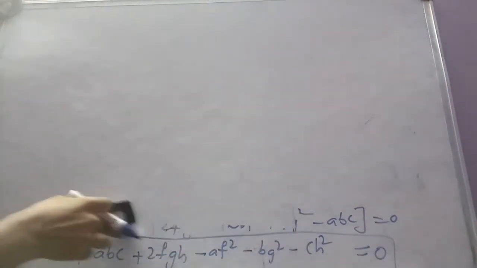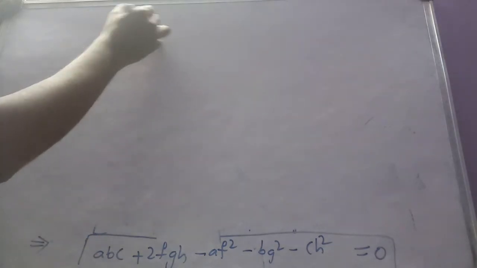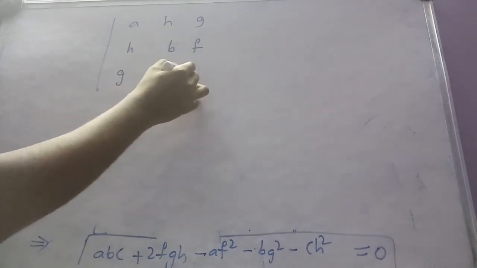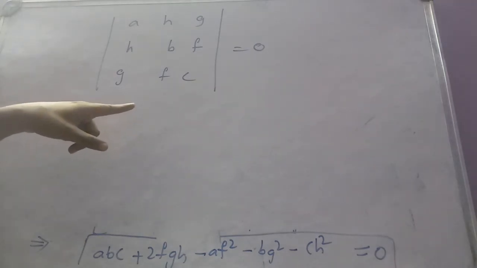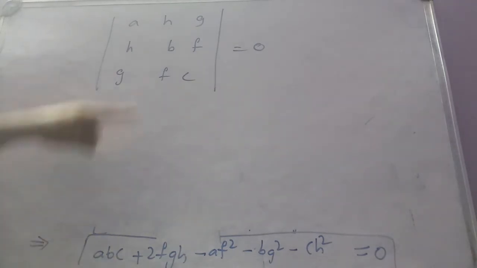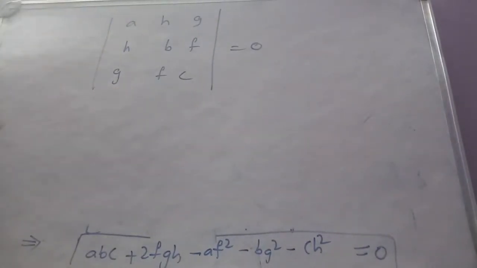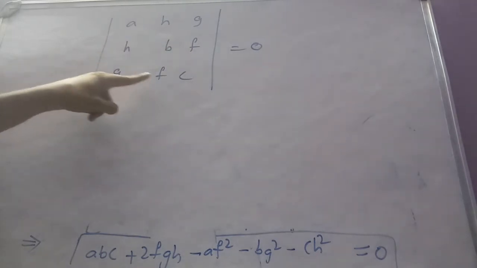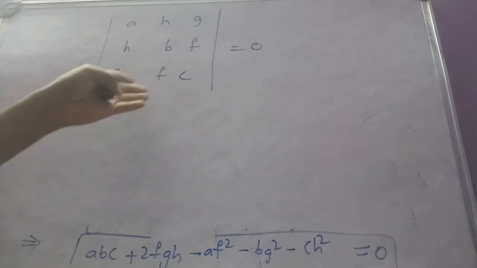How to write the same condition in determinant form means, I can write it like this. In matrices we will learn how to find the determinant of this. The same thing is written in determinant form. And once again you will say, sir, even this is difficult to remember. Then you can remember like this: All hostel girls had breakfast, gone for cinema. Right? You can remember this determinant form like this.